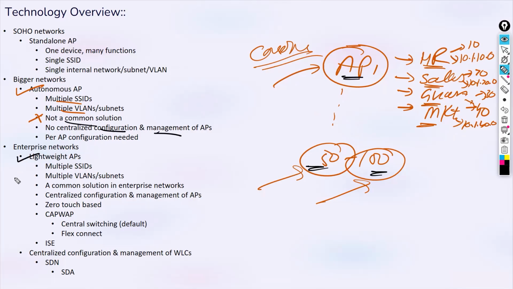This lightweight AP based solution is your recommended solution for the enterprise network. So that is what's going to be the focus of our technology classes. So we'll discuss autonomous AP. It was in the blueprint in the older one, but I believe it's not there in the new one. But still, we'll touch a little bit on autonomous AP. But my main focus will be on the lightweight AP, which is important from your lab exam perspective as well. So most of your exam is about the lightweight and the enterprise section, right?